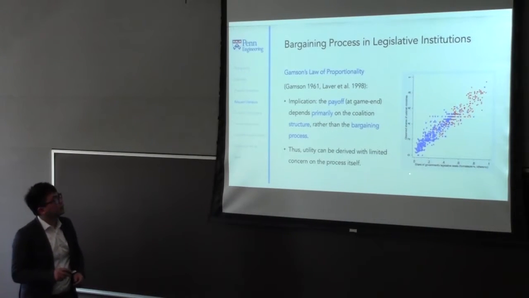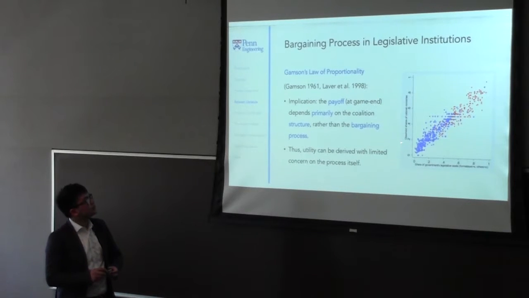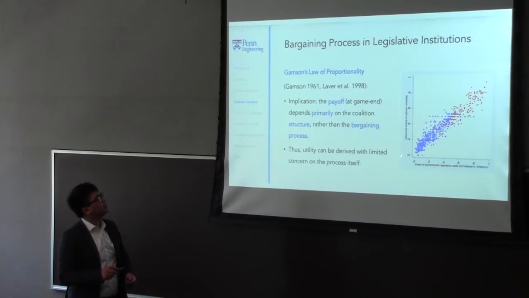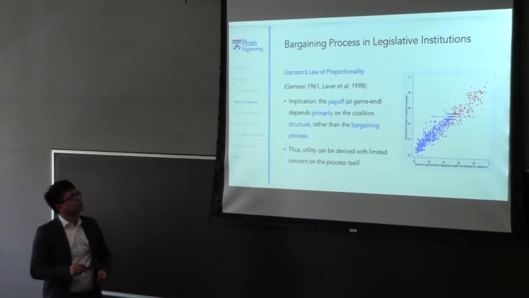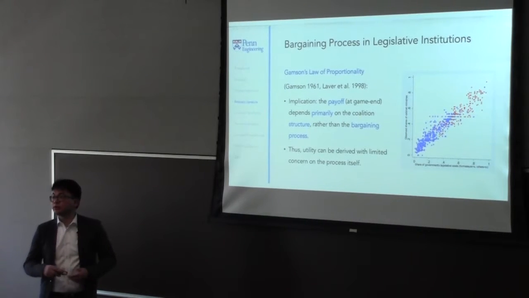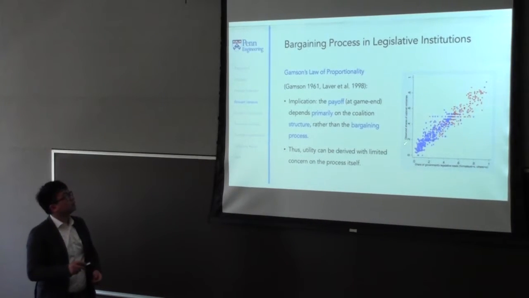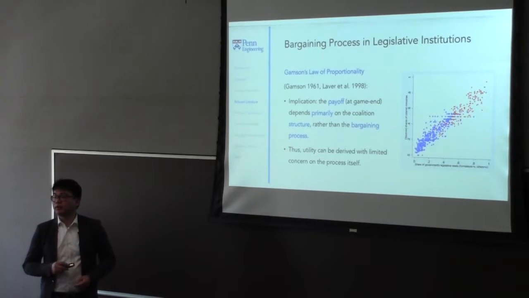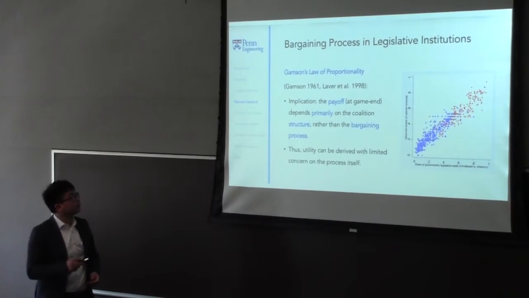If you look at this chart, it shows the share of government legislative seats, which is basically your power. The more you have towards one, the stronger you are in terms of influence in the parliament. Then this is the share of the seats in the government, which is essentially the payoff. The more seats you have in the government, the better winnings you're getting.